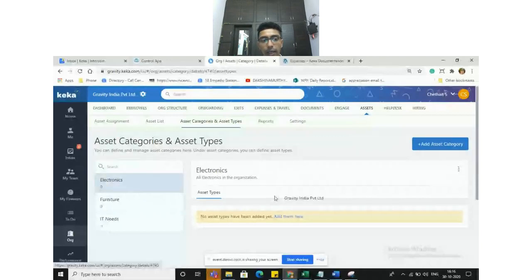For example, under electronics, there can be multiple types of assets. I can say computer hardware, mobile phones, iPads, and multiple other things.